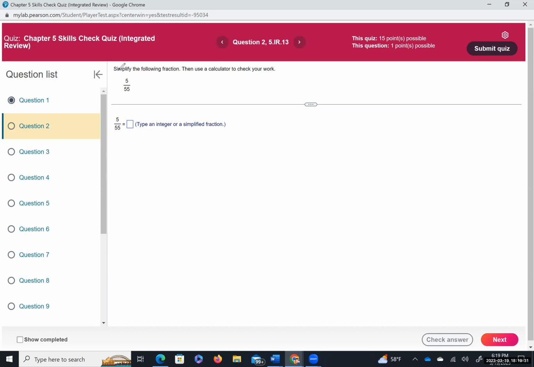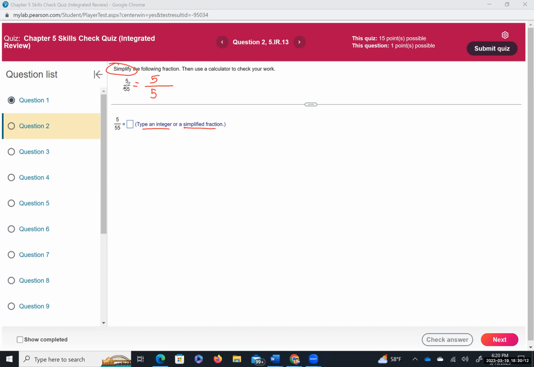Okay, so I have another one. It says simplify, and it wants us to type the answer in integer or simplified fraction form. So first you have to factor the top and the bottom. The top you can't factor anymore, right? It's going to be 5. Okay, so the bottom, 55. You can think about factoring it in some other way, but you must try to have a common factor between the denominator and the